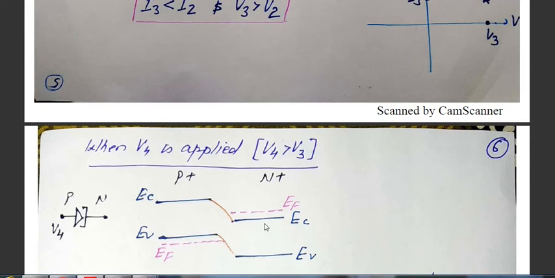You can see here there is very less overlapping, so it looks like a simple diode now, and to conduct, these electrons should surpass this gap here, just like in an ordinary diode. So if we further increase the voltage above V4, we will see this particular tunnel diode will simply behave just like a common diode, a simple PN diode.